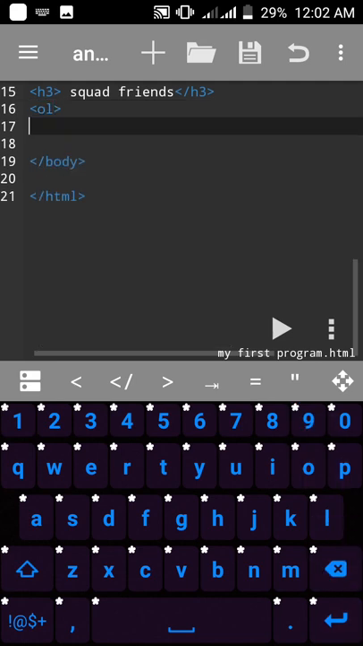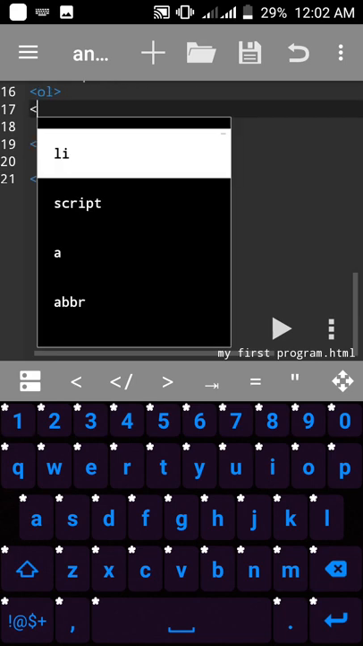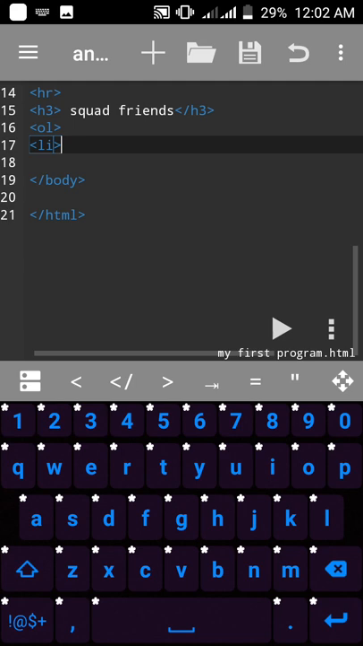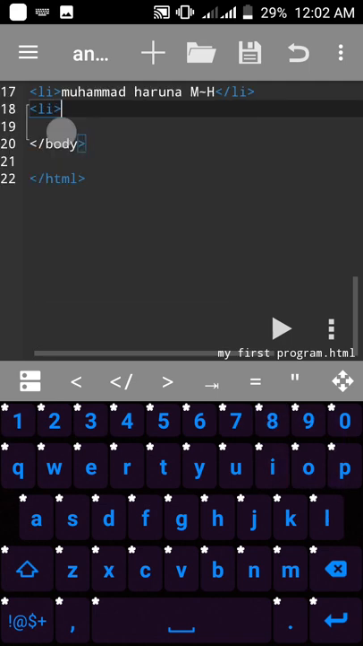We have ul, which is for dots. Now if I use ol, let's do it like this. Then we have li, which is just a command to interpret that it is a list item. Let's have the closing for li in between, like Muhammad Haruna, a golden friend. Let's have the second one li, close it, and in between we have